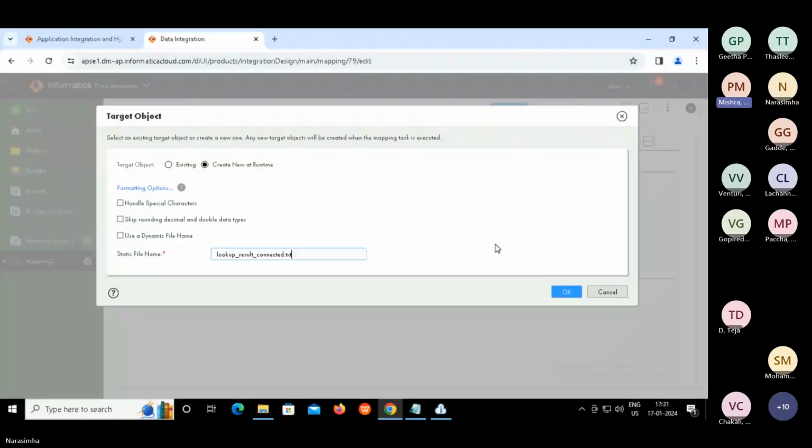So here in the target object, we have certain checks: handle special characters, skip rounding decimals.